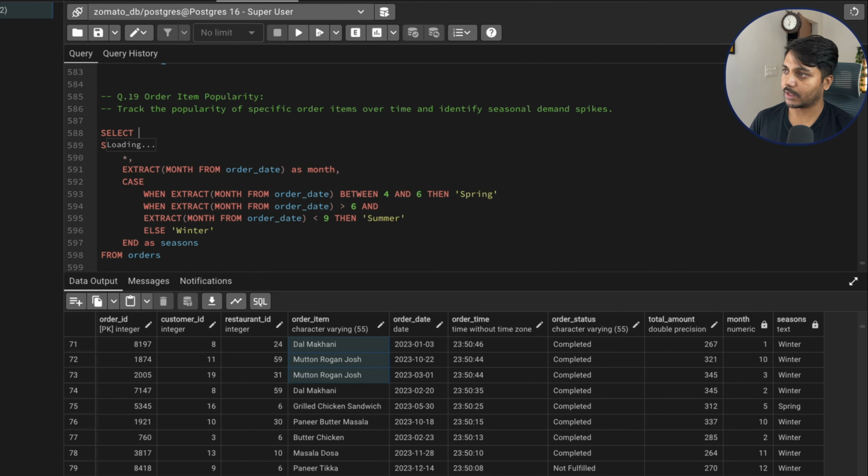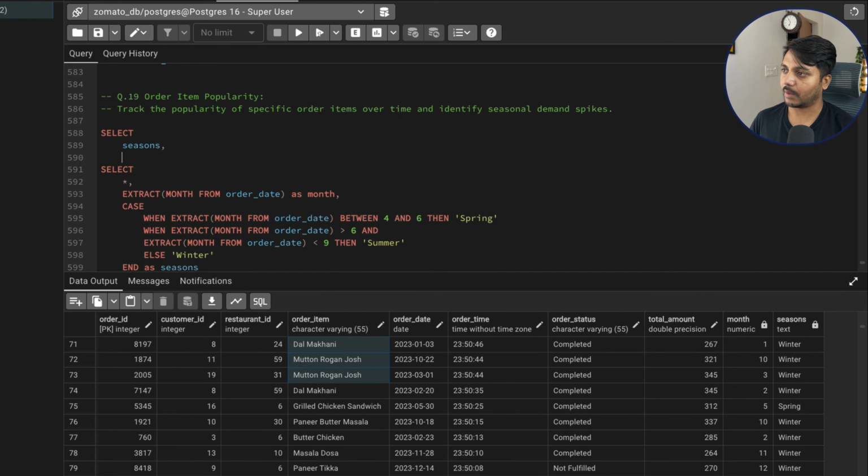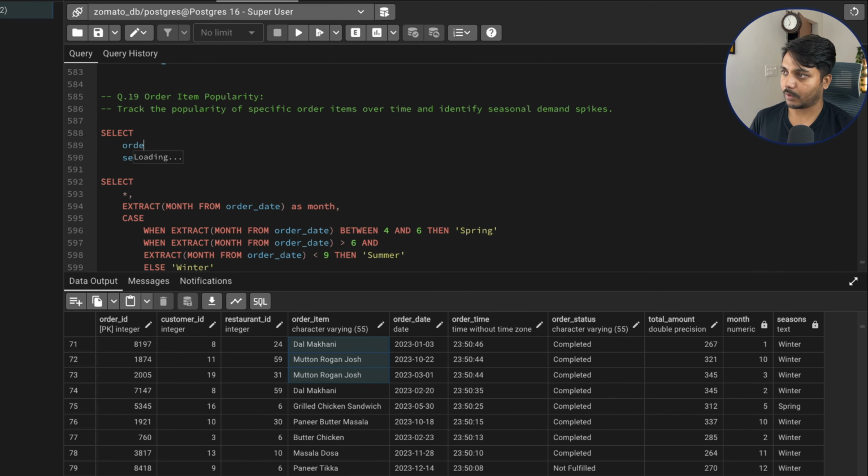So I would say subquery select. Now what I want to select is going to be from this table, below table. So I want to select the seasons, and for each season I want to see the sales. So first I want to select the order item, and I want the seasons, and I would say count of star or count of order ID